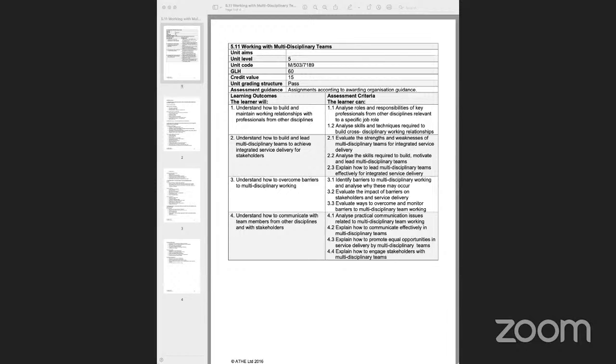But when I talk about working in multidisciplinary teams, that means you are going to be working with people from other sectors as well, outside the health and social care sector. In these cases, some of this working will primarily happen because you're meeting compliance. So looking at CQC in general, in some cases it could be working with contractors, partners who provide ancillary services